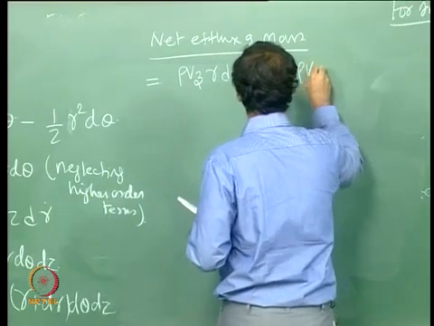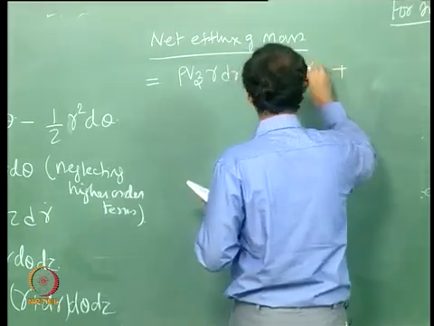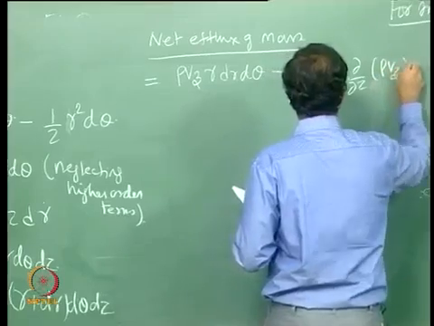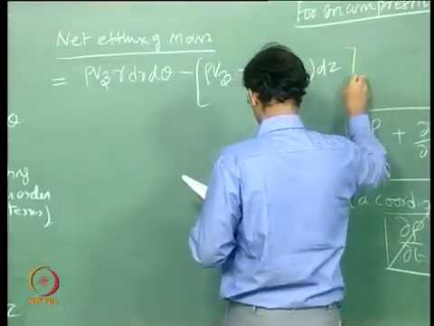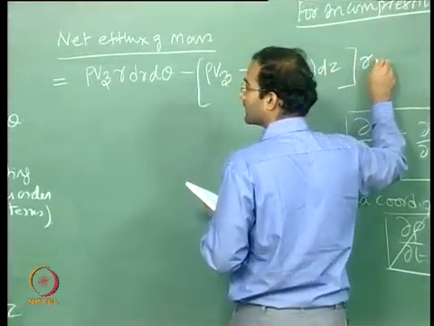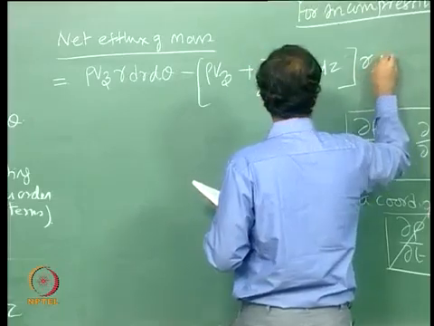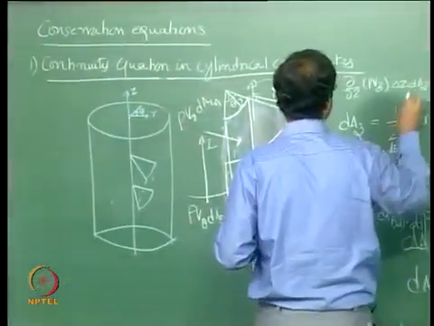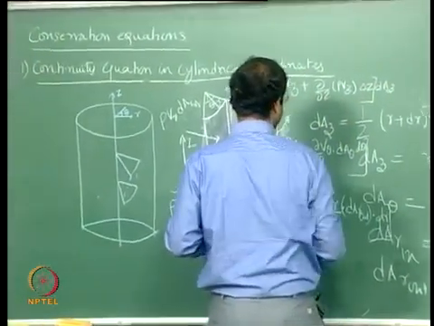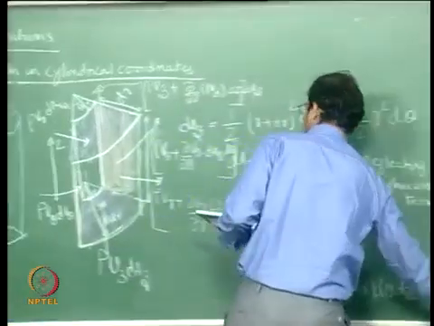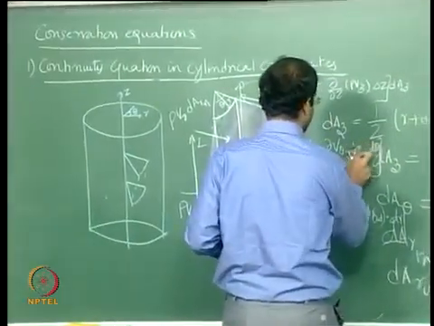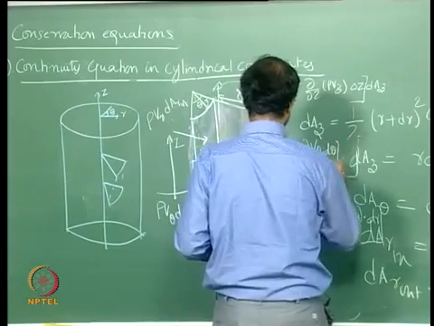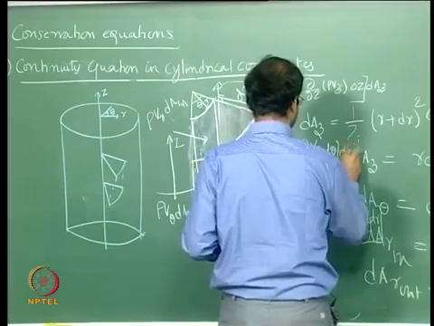which is rho Vz plus d by dz of rho Vz into dz into r dr d theta. So this is r dr into d theta. So once again I should be multiplying this entire thing by dAz here, and similarly, just a small correction, I will be writing this as d theta and multiplying this entire thing as dA theta,